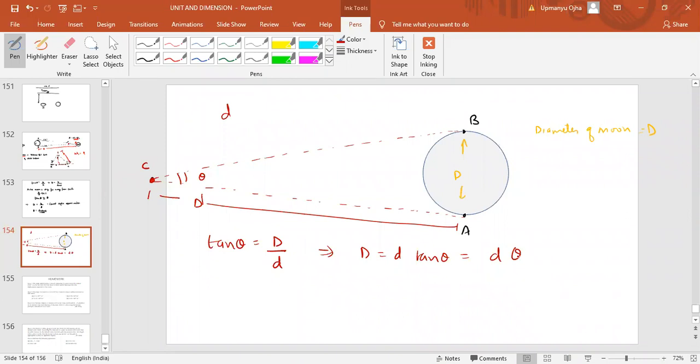Yes, it is like a trigonometric application only. CP is equal to D. Now, you can say this distance would be equal to D, which is the distance between Earth and the Moon. Now, one thing is there. If you take this triangle, this distance D and this straight distance would be approximately the same. So we can assume this distance is D only.